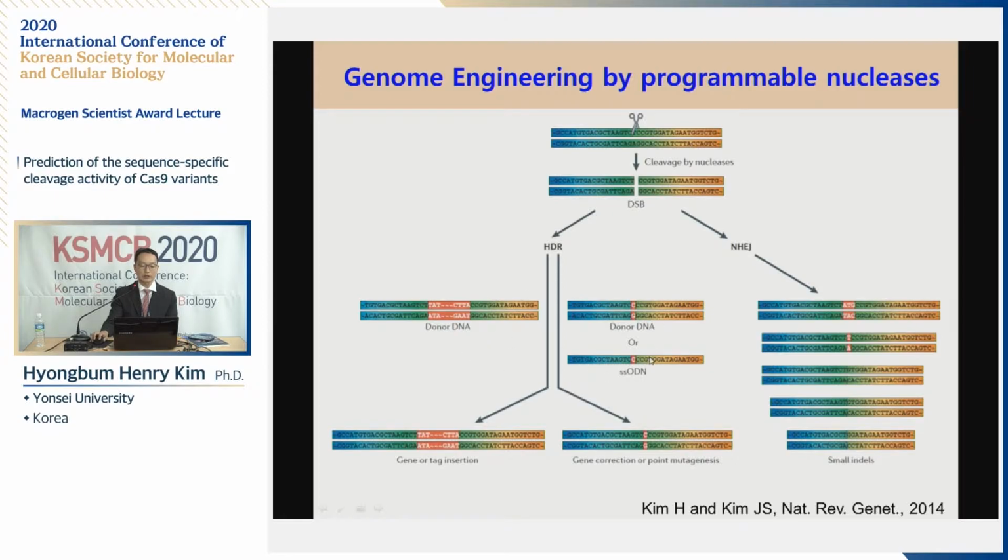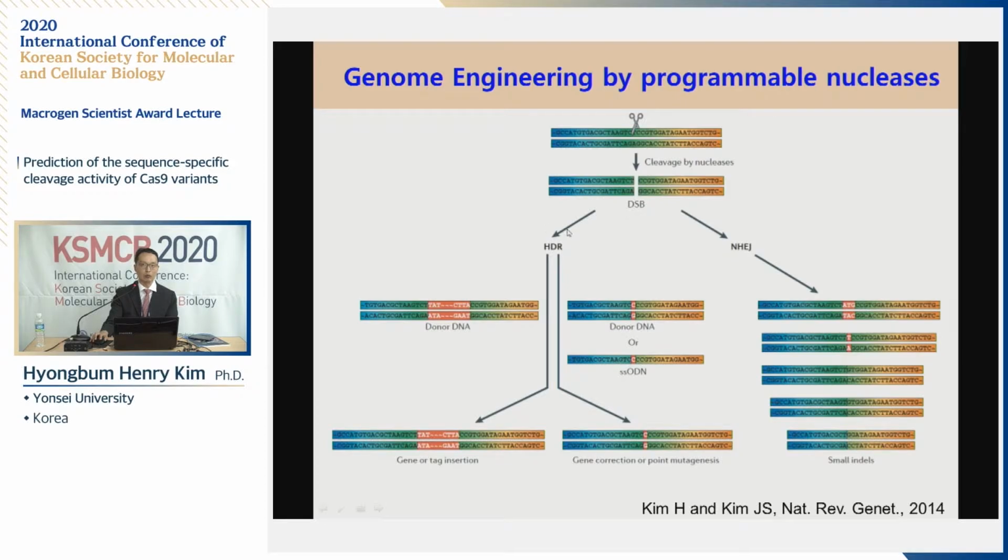In the presence of this homologous template, the double-strand break can be repaired by another DNA repair process, called homology-directed repair, which can lead to insertion of genes and point mutagenesis in a highly precise manner. However, with this homology-directed repair process, the efficiency is pretty low as compared to NHEJ-mediated indel generation,